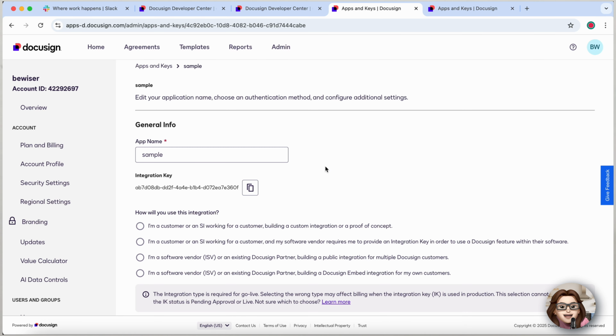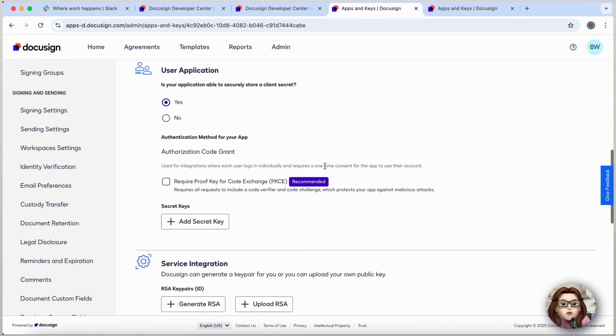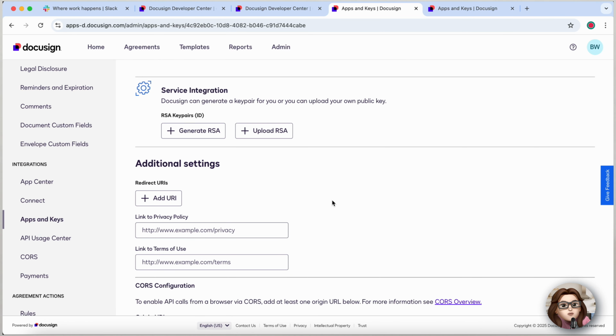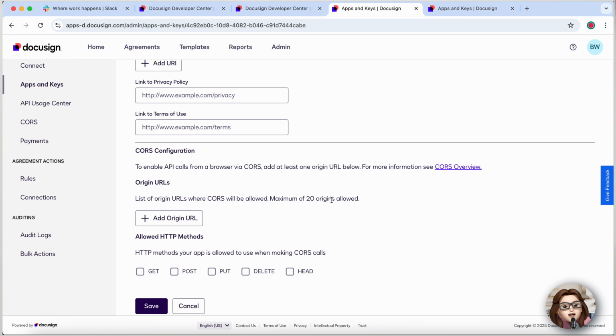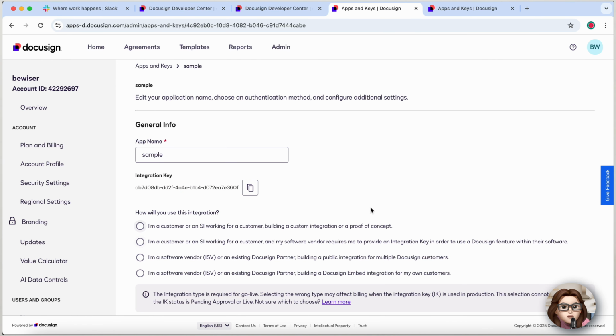From here, you can also set up redirect URIs, secret keys, or RSA keys if you plan to use advanced authentication methods like JWT. And that's it. You've got your DocuSign API key ready to